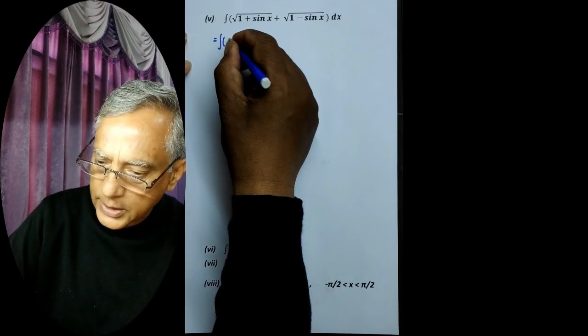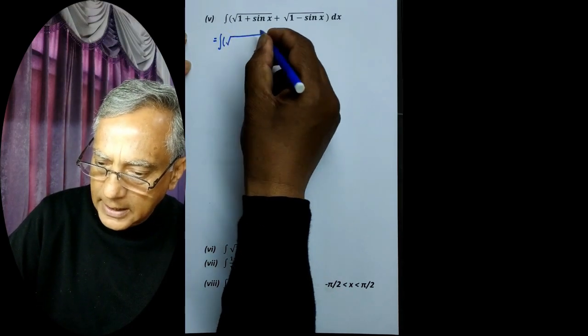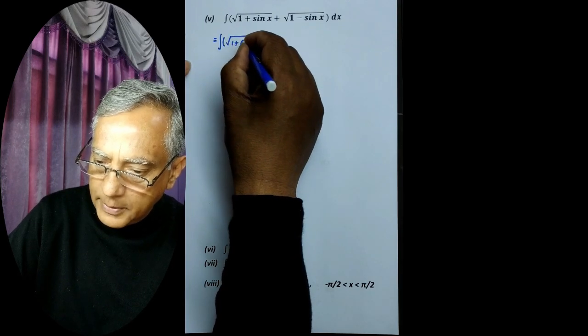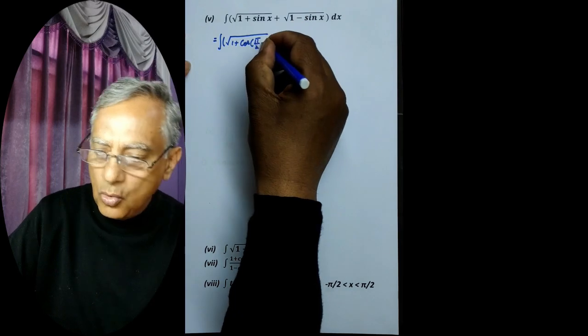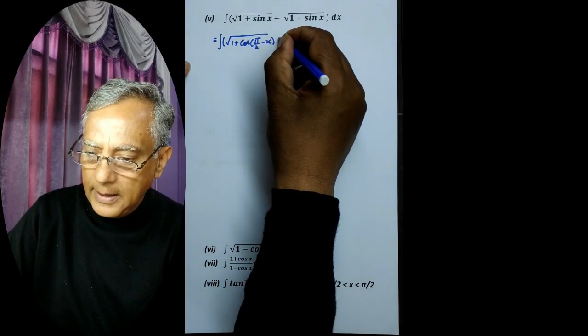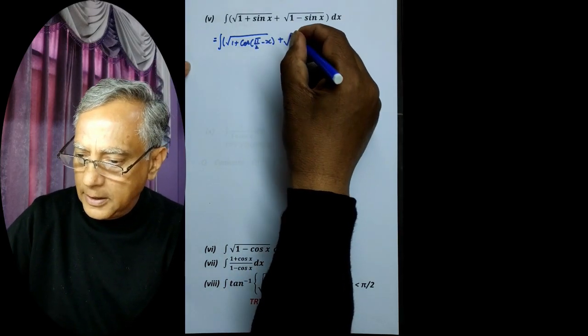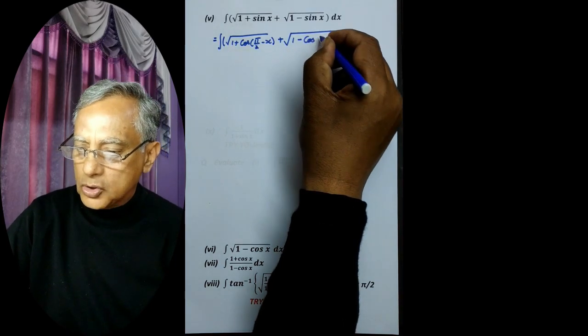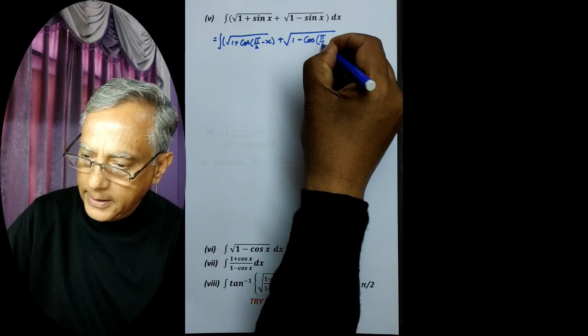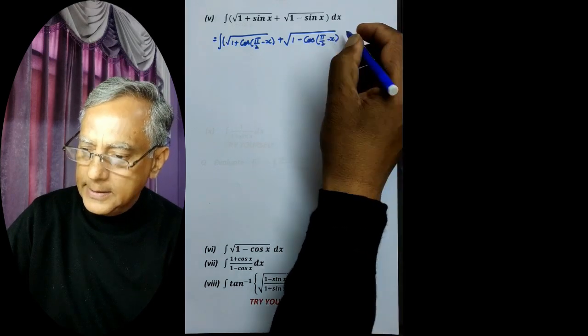So what we do is, we write this as under the root 1 plus cos of pi by 2 minus x plus under the root 1 minus cos of pi by 2 minus x